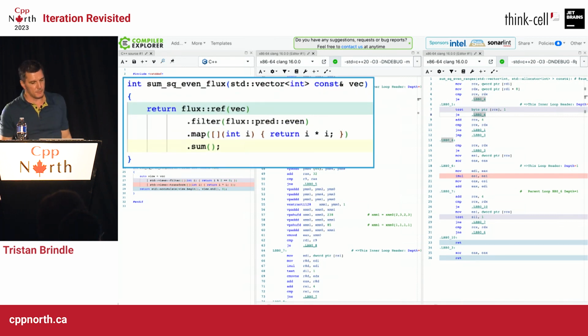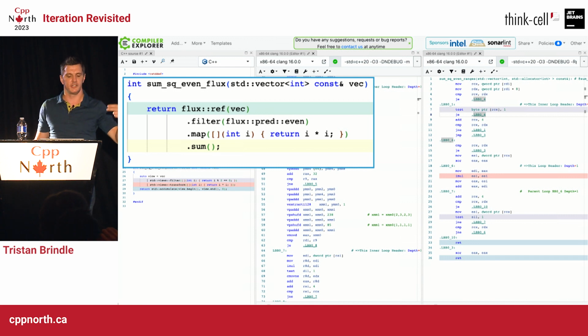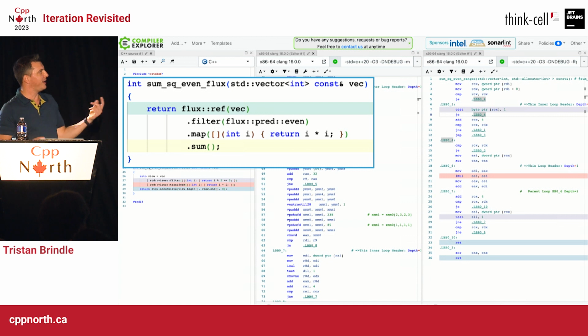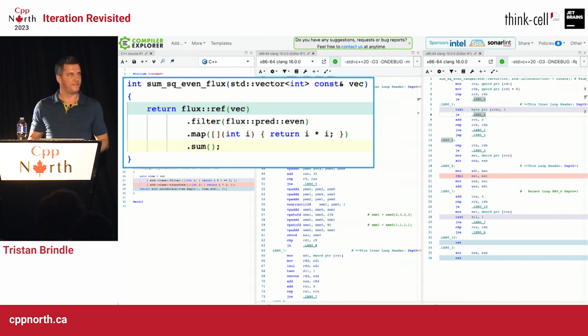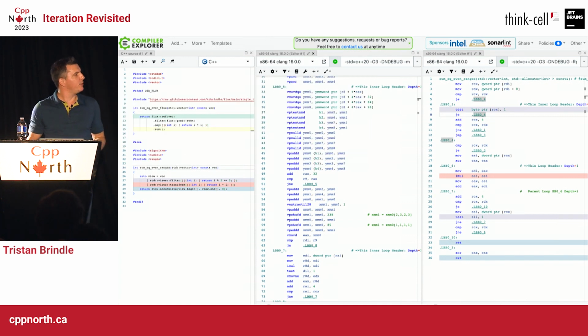and here's the equivalent Flux pipeline. So again, we're iterating over the vector by reference, we're filtering, retaining the even elements, we're squaring each element, and then we've just got this nice sum algorithm. And now because sum can be written in terms of for each while, we get really, really nice and efficient code. So here we go, the Flux code is on the left, the ranges code is on the right,